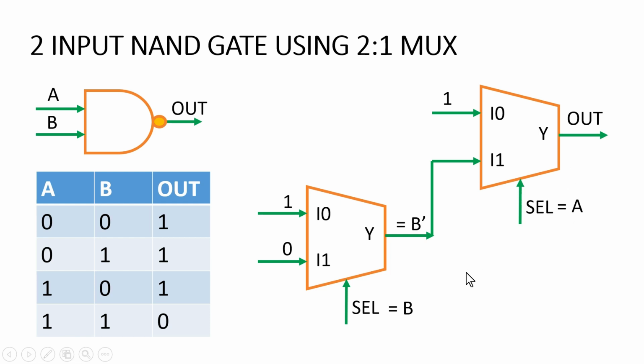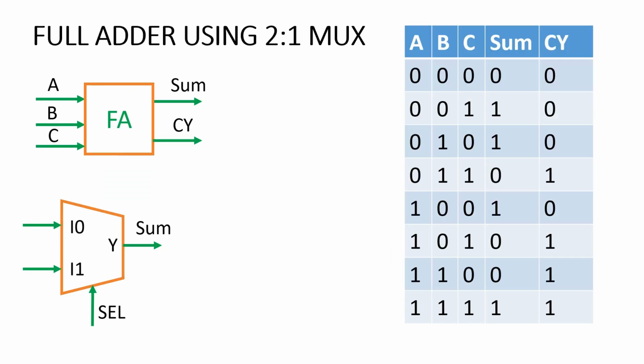Now we will see one more example which will have 3 input signals, and we will implement it with the help of 2:1 multiplexer, and that way you will understand the methodology so that you can implement any combination logic. Friends, I have taken a third example of a full adder, and we will implement the full adder with the help of 2:1 multiplexers. As you know, a full adder has 3 inputs, so we are proceeding in a progression, and this is the truth table of a full adder. It has 2 outputs, sum and carry.